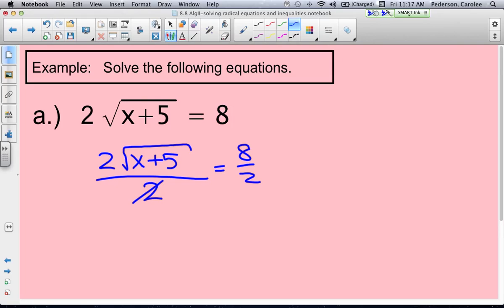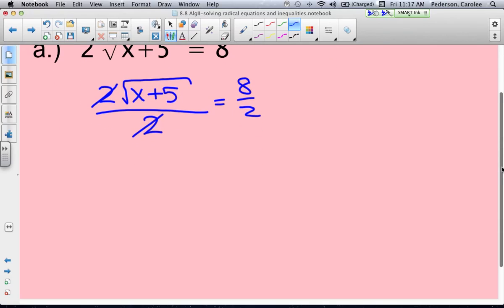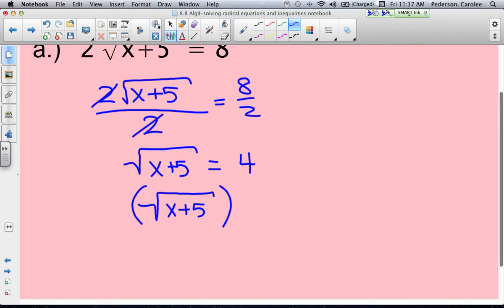So what happens is those 2's will cancel, and then we're left with the square root of x plus 5, and then 8 divided by 2 is 4. Now we're going to square both sides to undo the square root. So when I square both sides, I must do it to both sides. So to square root and square, I'm left with x plus 5 on the left, and then 4 times 4